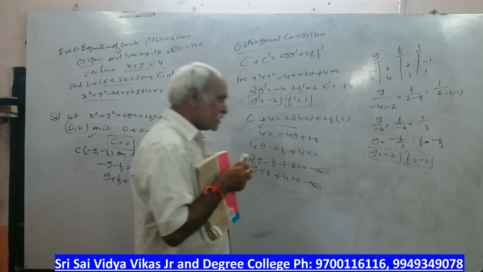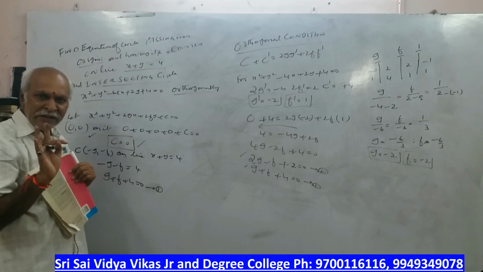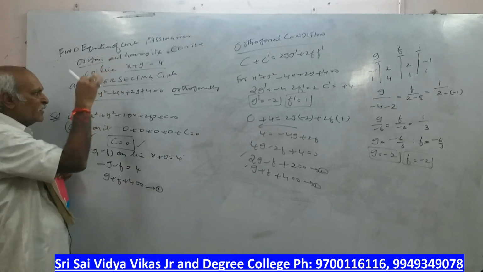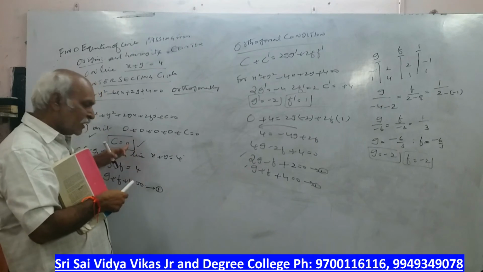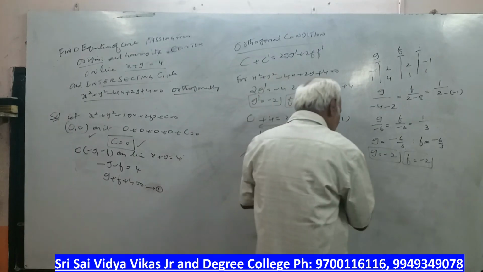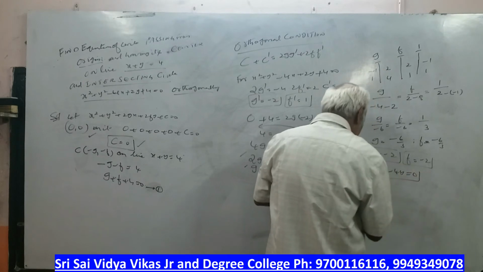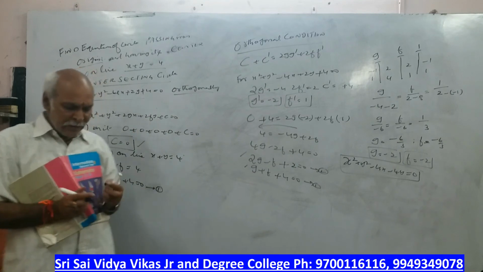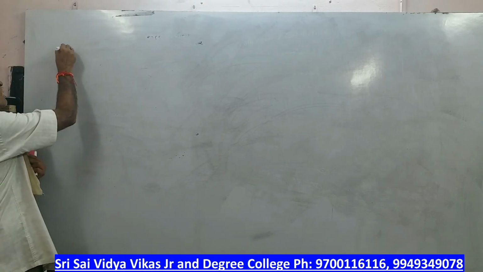Observe here. For the orthogonal condition, 3 conditions have to be given, sir. Always in these problems we get 3 conditions: passing through the origin is the first condition, the center on the line is the second condition, and orthogonal is the third condition. Using this we formulate the equation. Here the c value came as 0, so we got the g value and f value. Therefore the circle equation is x square plus y square, 2gx means minus 4x, minus 4y is equal to 0. Why? The c value is 0. So every time we have to get 3 conditions. Please note this down. Okay, find the equation of the circle.